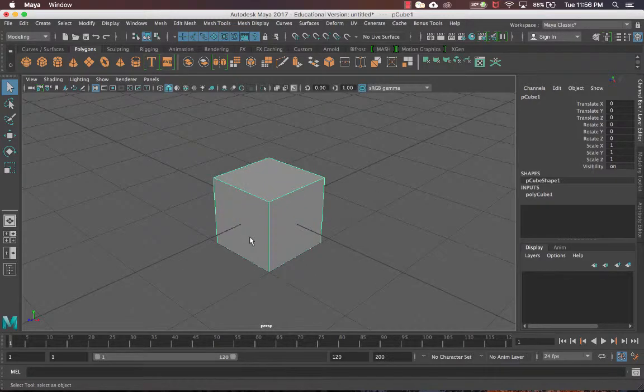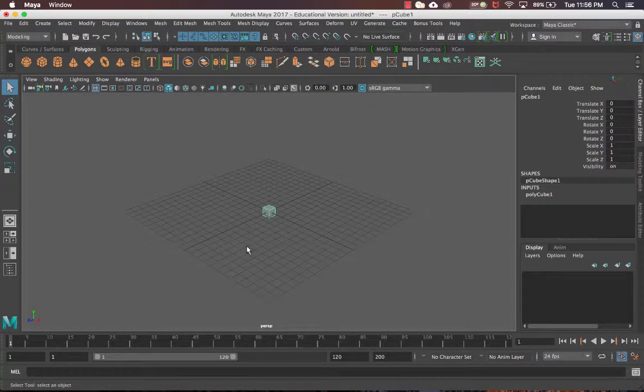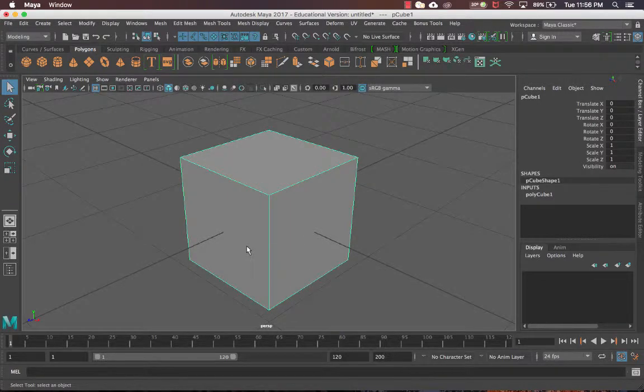From here, I want to add some new subdivisions in, so I'm going to zoom into that cube, and if you just click F, that'll focus you right in on your cube and kind of zoom for you. And then over on the right in my channel box, where it says pCube1 with all of my statistics, underneath that, under inputs, it says polyCube1. If you just select that,